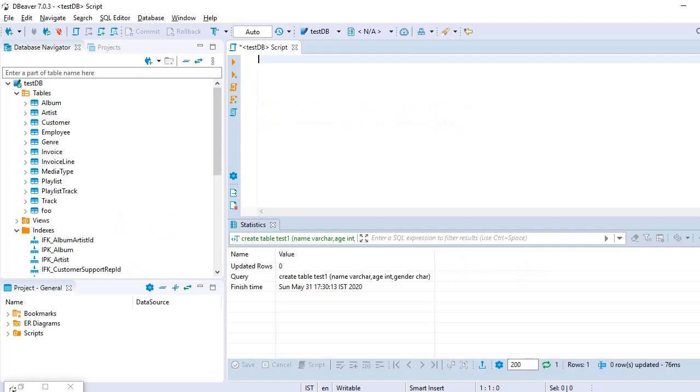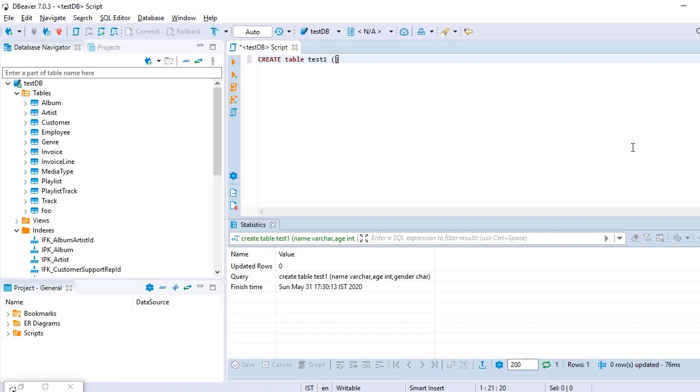Hello everyone. In this video we'll learn about SQL queries, generally the DML and DQL queries. First, we are going to create a new table in the test database that we have. For creating a table we have a query, create table, with any name we want, with any number of attributes, whatever names we want for these attributes.